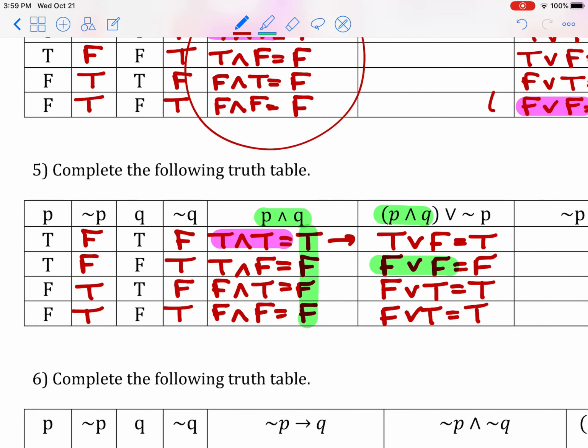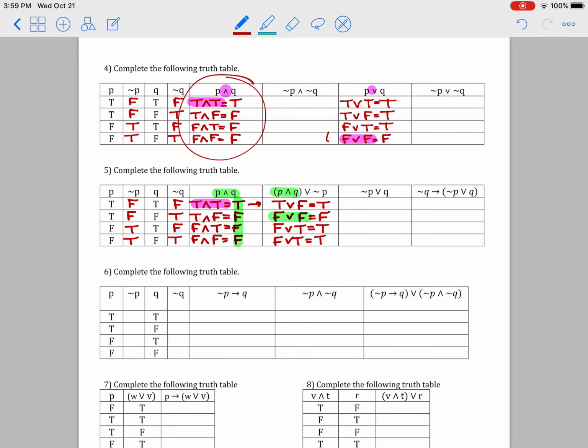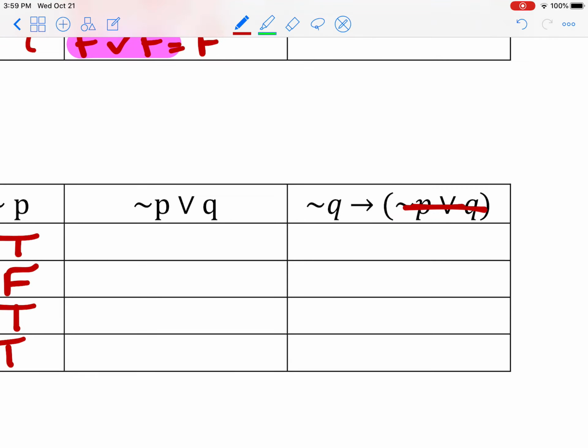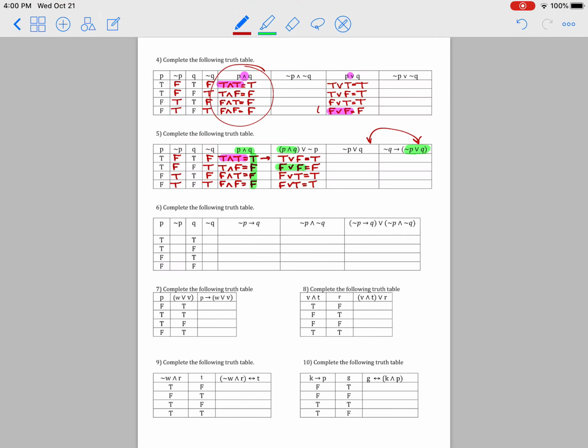Okay, so sometimes you're going to have to do the previous column to do the next column and bring that over. If we look at the rest of 5, I see this right here. So you have to do this column here to get that. Okay, so those will go together. So what I want you to do is complete the rest of it. If you get stuck, send me a